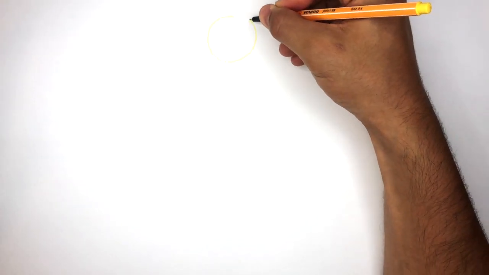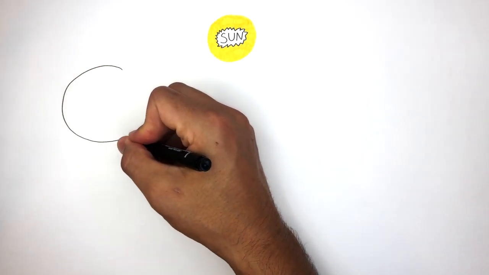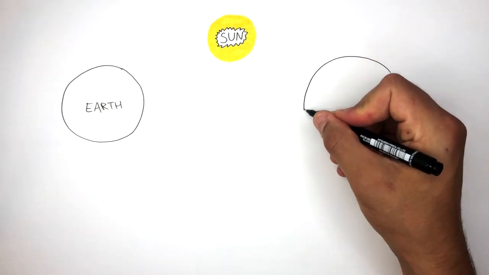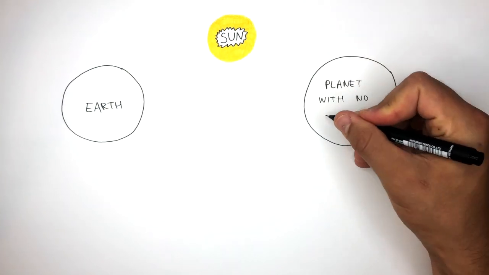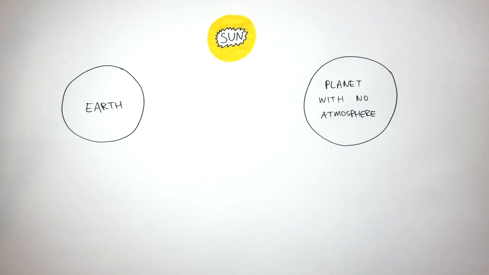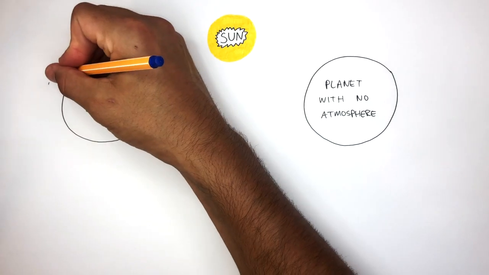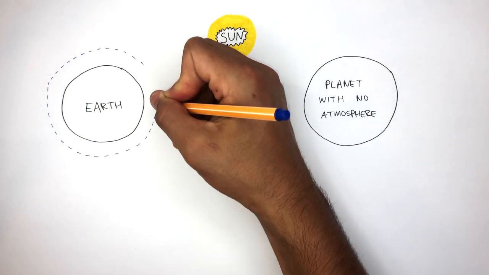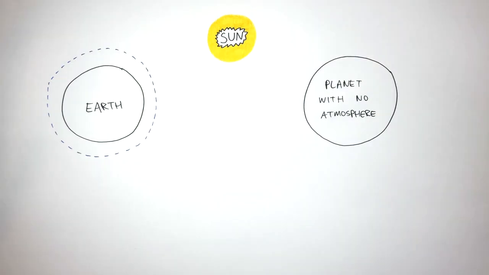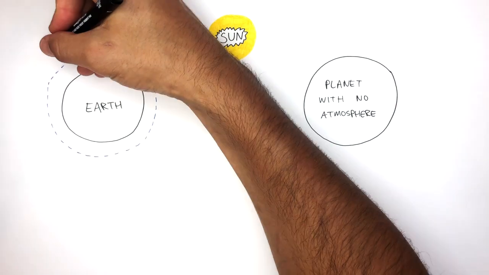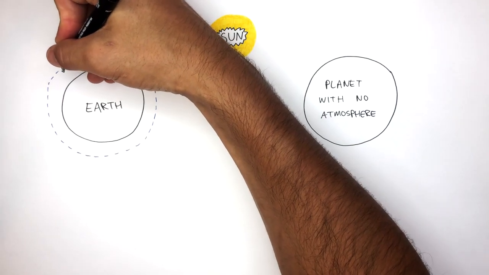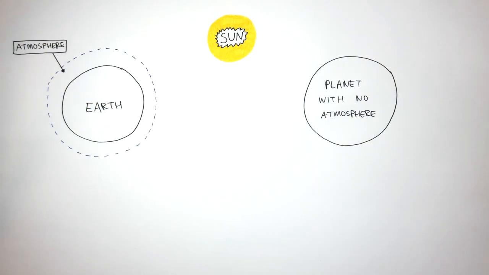Here I'm drawing a diagram of the sun, a simple diagram of the Earth, and a diagram of a planet with no atmosphere. Because this is the Earth, of course it has an atmosphere which contains gases, whereas the planet on the right is an example of a planet which does not contain an atmosphere, so has no gases surrounding the planet. So this dashed line represents the upper limit of Earth's atmosphere, which contains gases such as N2, which